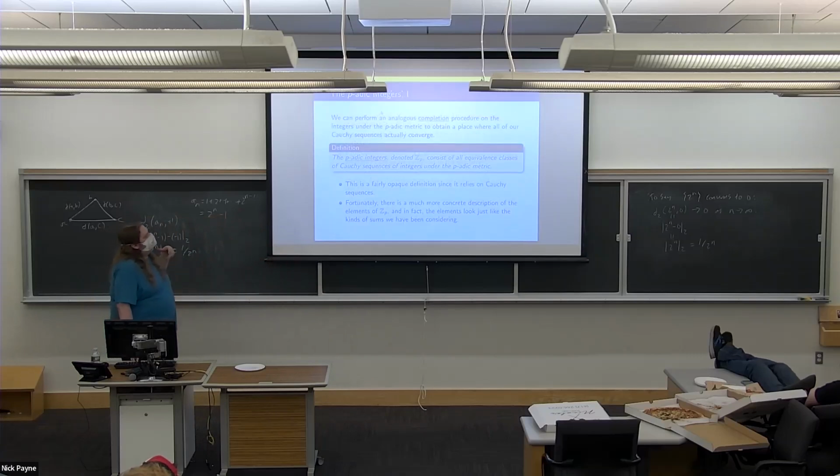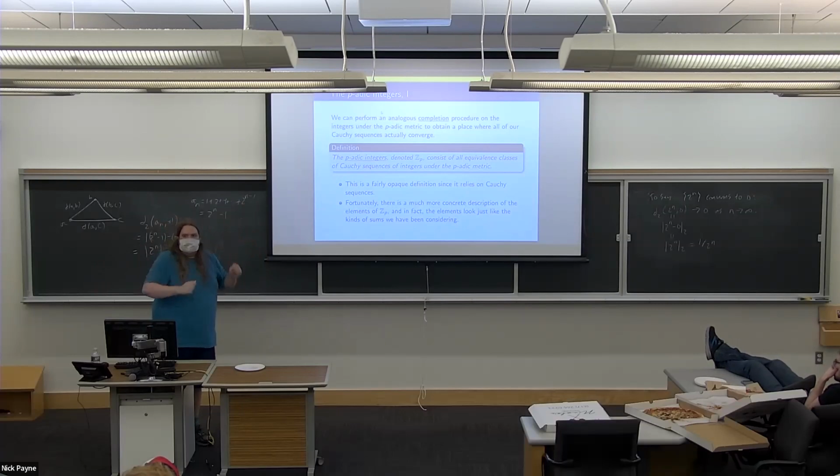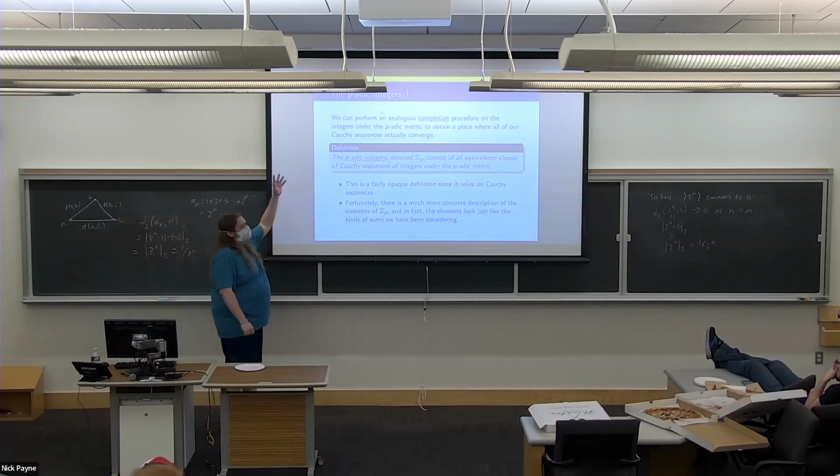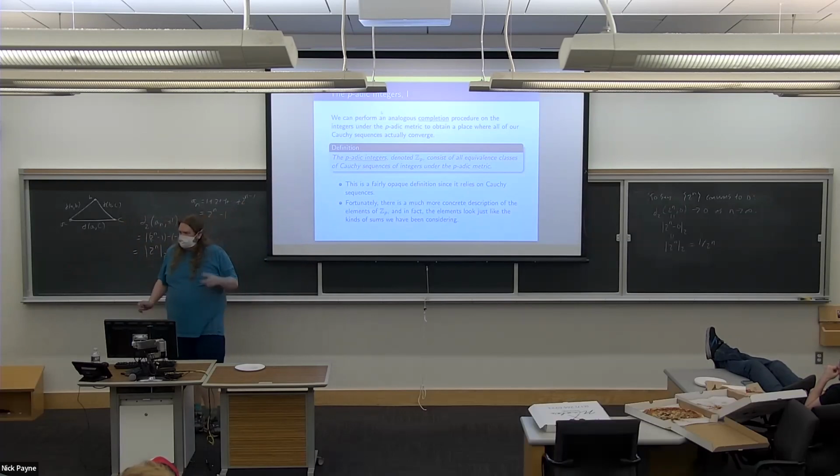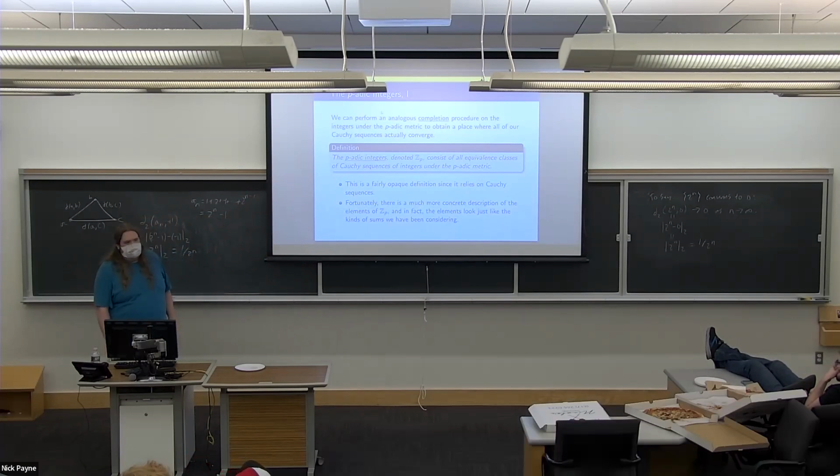Okay, so this process is called completion. It works in any metric space. If you have a metric space, maybe there are some sequences that don't converge to a limit in the space. So what you do is this construction: take all the Cauchy sequences, declare two of them equivalent if they get close together, and then define the new space to be the space of all the equivalence classes of Cauchy sequences. And that's where all your Cauchy sequences converge now. The completion fills in all the gaps. And the magic is, it works just the same if we do this with the P-adic metric on the integers. And the thing that we get is the P-adic integers, Z sub P.